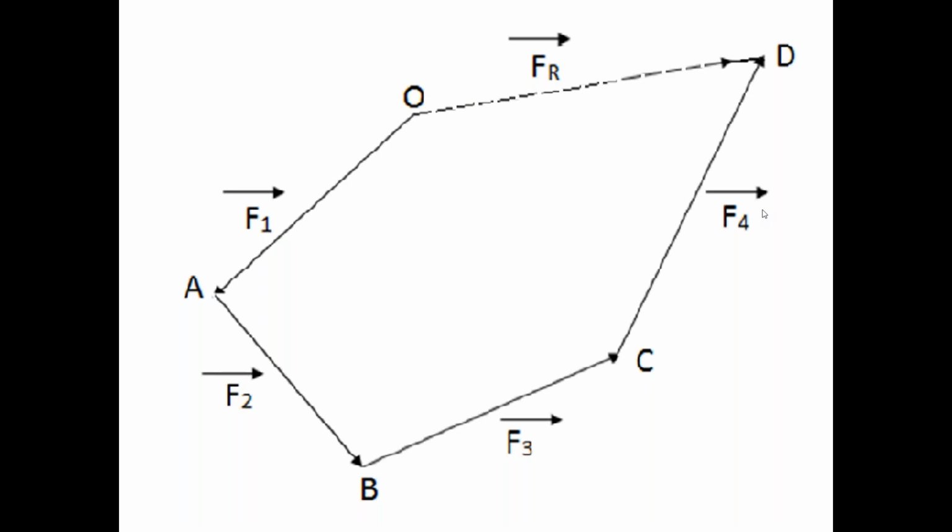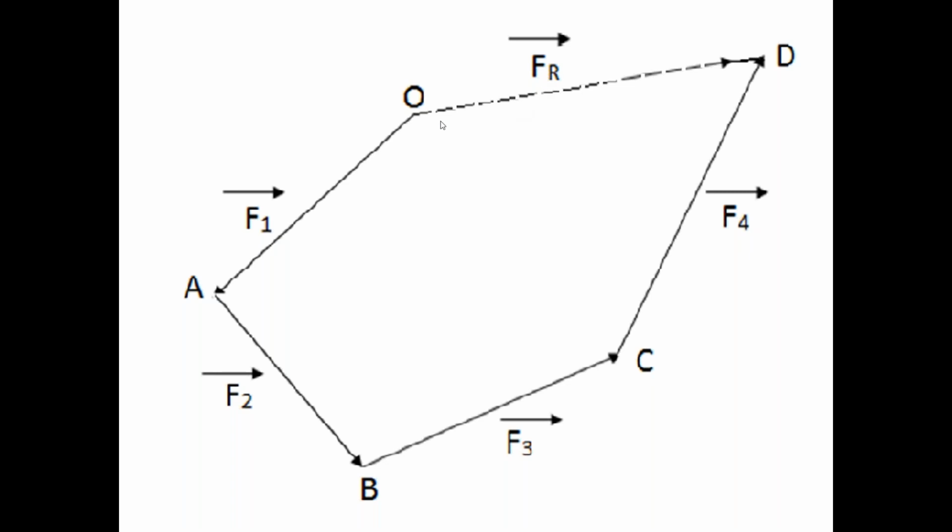That should be understood. So from this diagram, what you are going to understand is, if this polygon is an open polygon, then the four forces have the resultant force Fr bar. That is this closing side. We know that if the forces F1 bar, F2 bar, F3 bar, F4 bar have a resultant force, then these four forces are not in the equilibrium condition, because they have the resultant force.